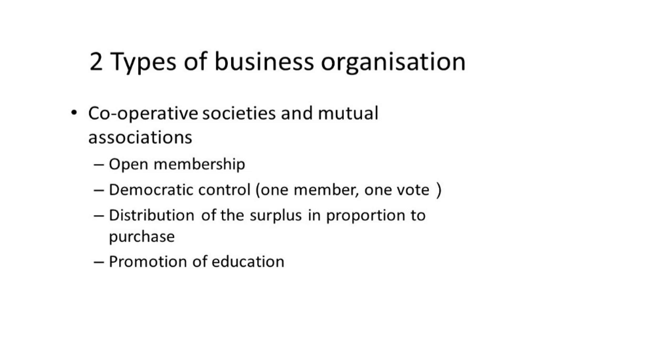Mutual associations are similar to cooperatives in that they are owned by their members rather than outside investors. Some financial companies used to be mutual associations. However, building societies in the UK such as the Halifax converted from being mutual associations to being banks. The Nationwide building society has held out against this, so far, citing the lower interest rates it can offer to borrowers. Credit unions are examples of mutual associations. They are financial institutions owned and controlled by their members.